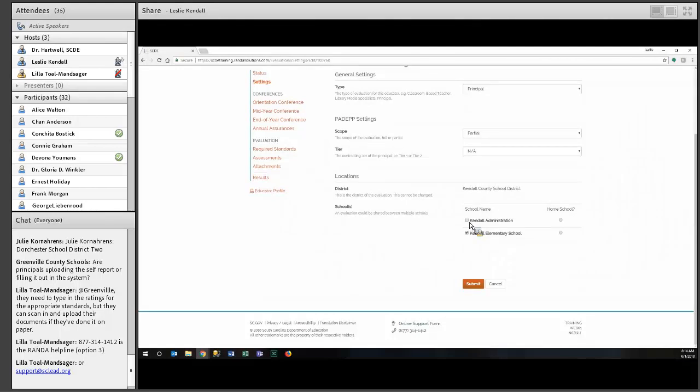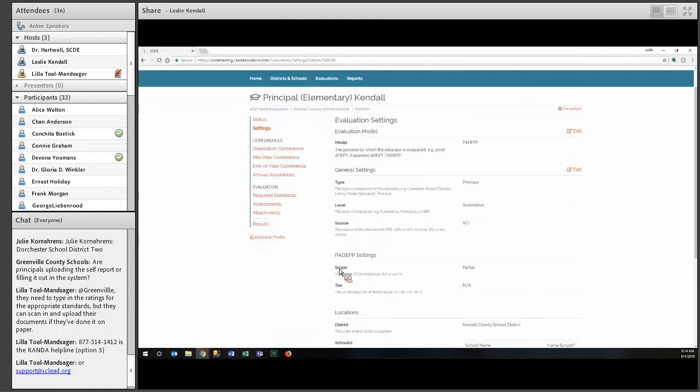So if I needed an evaluator in a different school to observe this principal, I realize that may not necessarily be applicable on the principal side, but I did want to cover that you can put them in multiple locations and then assign evaluators from those locations. I'm going to click Submit because I made a change on the scope to partial, and that will save the change that I made.